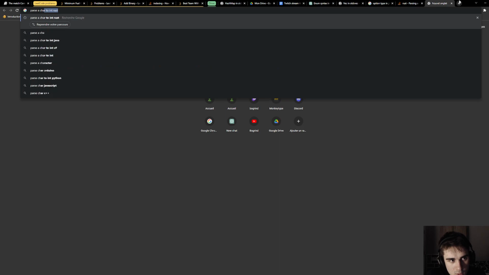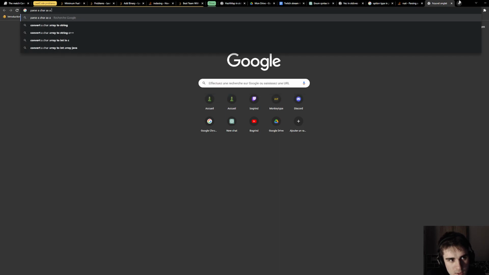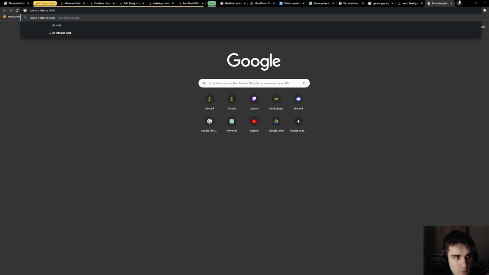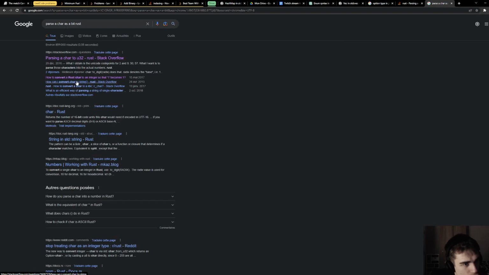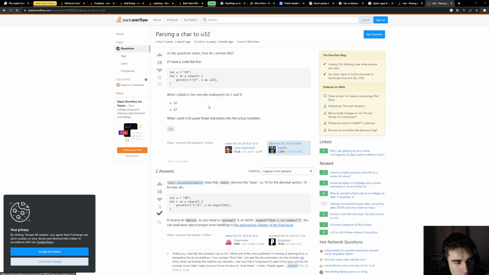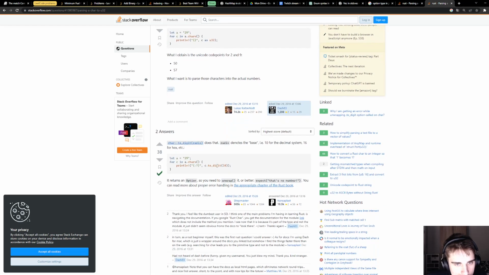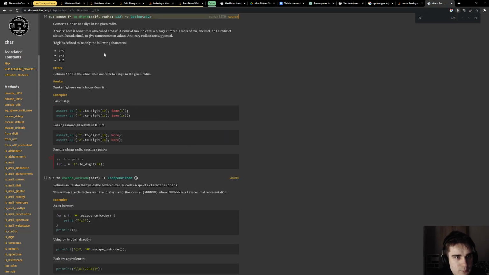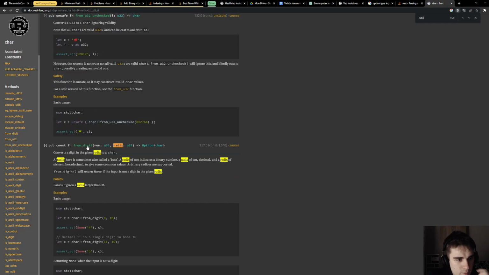Parse a char as bits. To digit, radix. Converts a char to a digit in the given radix. Radix is sometimes also called a base.